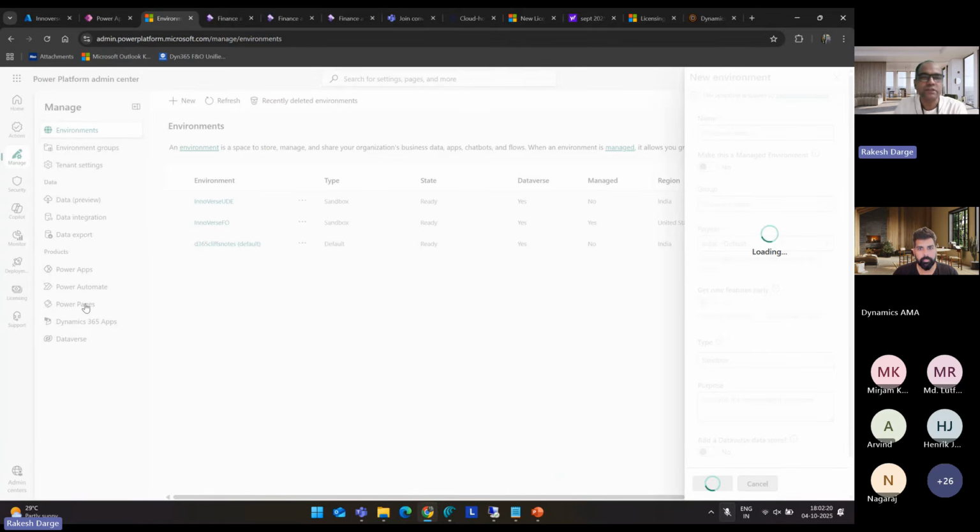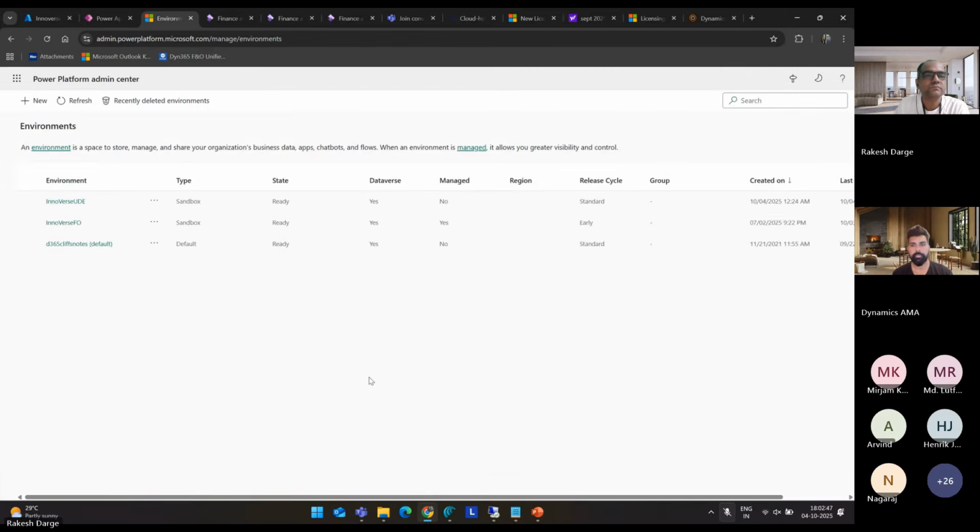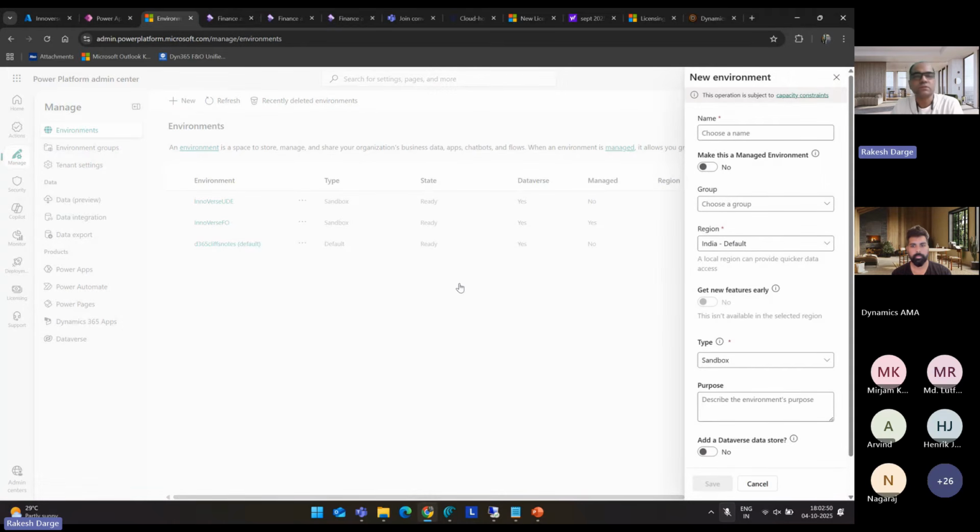Okay. So when you click on the new environment, it will pop up a new dialog for you, which is a pretty much standard dialog for PPAC, that is for Power Platform, as well as for customer engagement apps, and now the first party citizen for this FNO as well. Okay, while this is loading, we'll give it a minute to refresh the screen. Let's see if that works. Yeah, there you go. So when you click on New, it will ask you to, first of all, validate the subject to your capacity. That is where the license comes into the picture. If you don't have a license, most of the features you will not be able to see as it is.